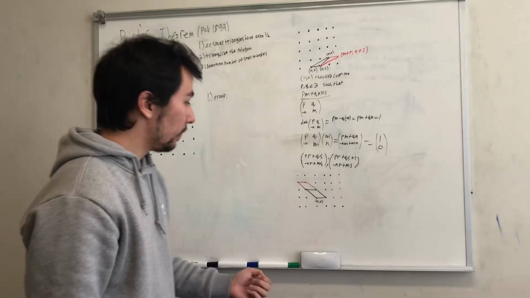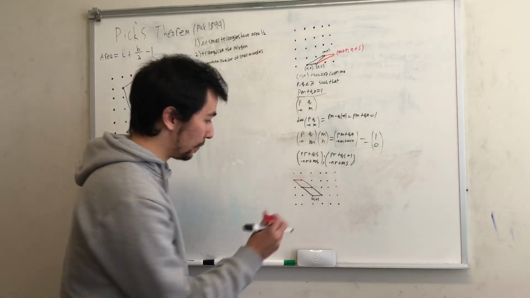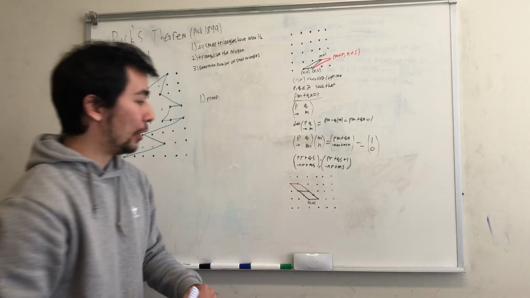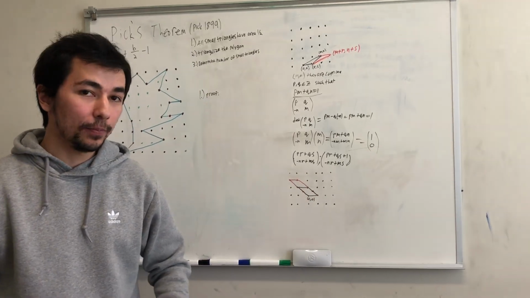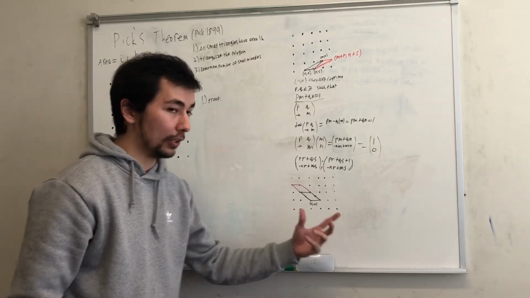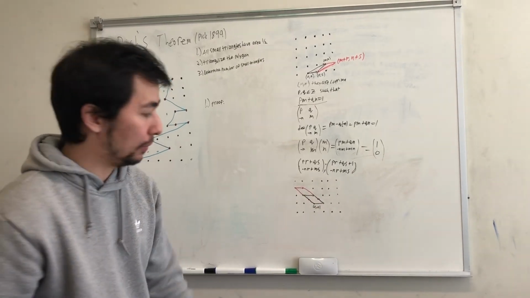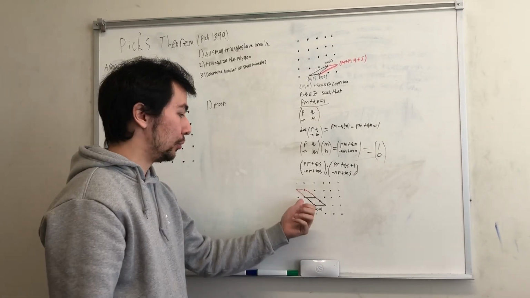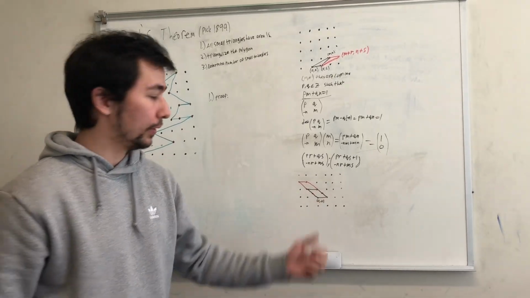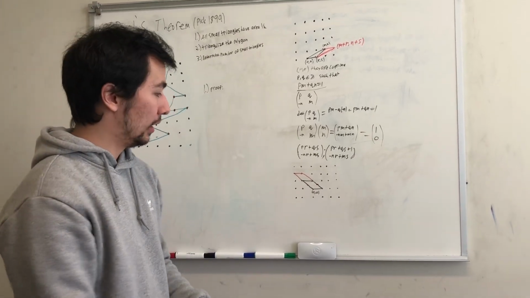parallelogram. And if the height was less than 1, it also can't be a primitive parallelogram because then we'd have maybe a point right here and right here, and those points are not part of the lattice, so there are now vertexes not on the lattice, so that can no longer be a primitive parallelogram either. So we proved by contradiction that the height of a primitive parallelogram is also equal to 1, and so is the base, and the area of a parallelogram is the base times the height. So we've proven that the area of a primitive parallelogram is equal to 1,